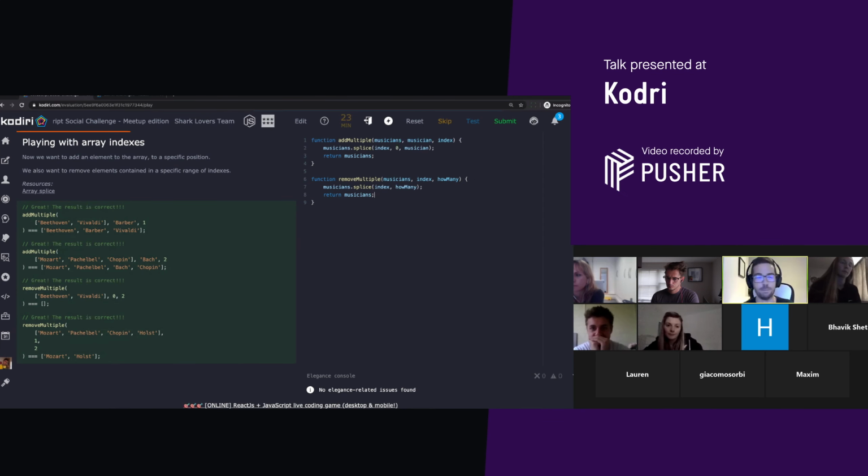But now, because I'm sure Giacomo wants to participate, that's going to have many caveats, yeah? First of all, the function receives an array of musicians. Unless there is a good reason, we shouldn't alter the array we receive. I've mentioned the same example many times.